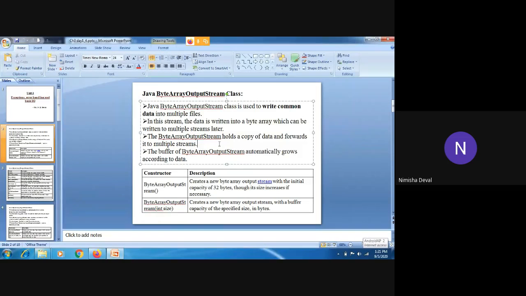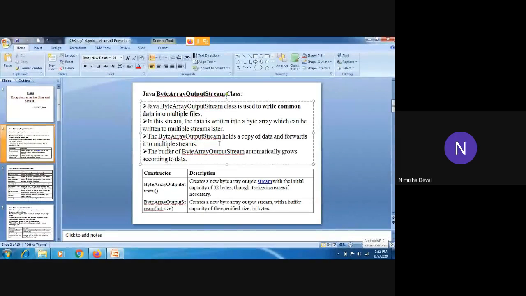In this stream, the data is written into a byte array which can be written to multiple streams. We will see how to write it into a byte array through a program. Till now, only remember that the data is written into a byte array which can be written to multiple streams. It holds a copy of the data and forwards it to multiple streams.